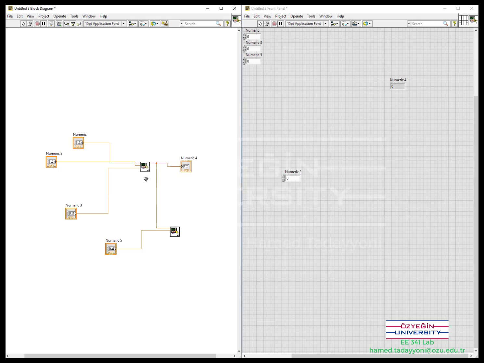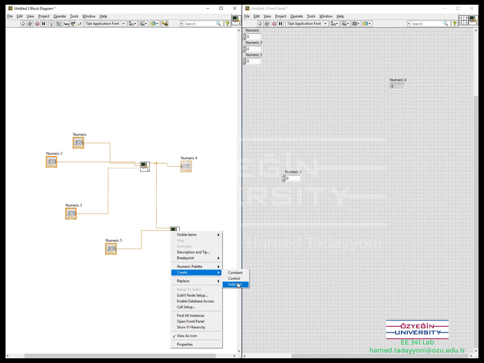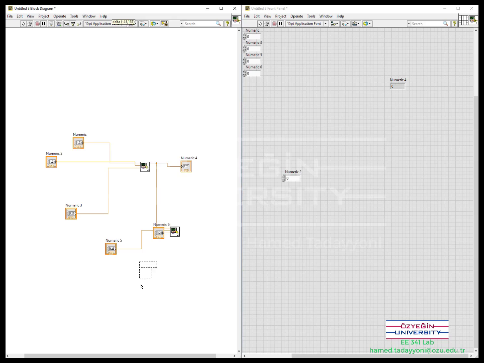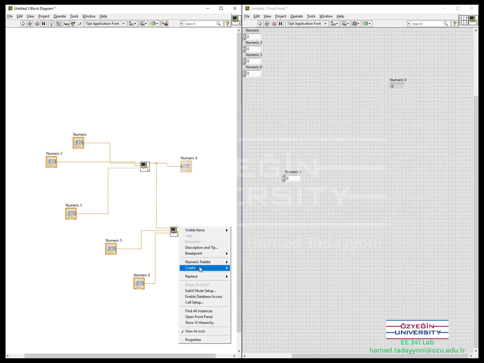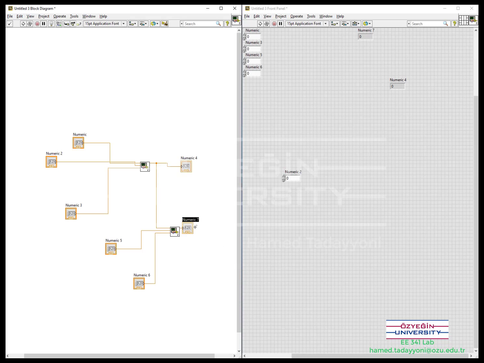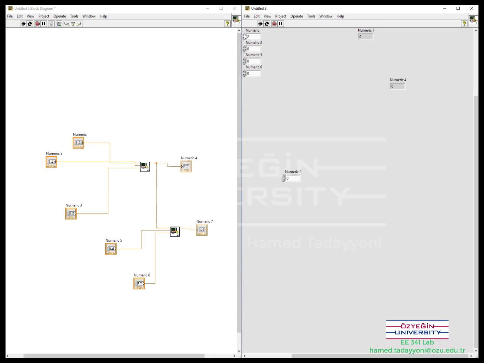So the result of this operation is added to numeric 5 and then is multiplied by another input, or as we call it here, another control, and then we want to show the result as an indicator. So numeric 7 is the result of all of these operations. You see it here. So if we run the program and we change these,